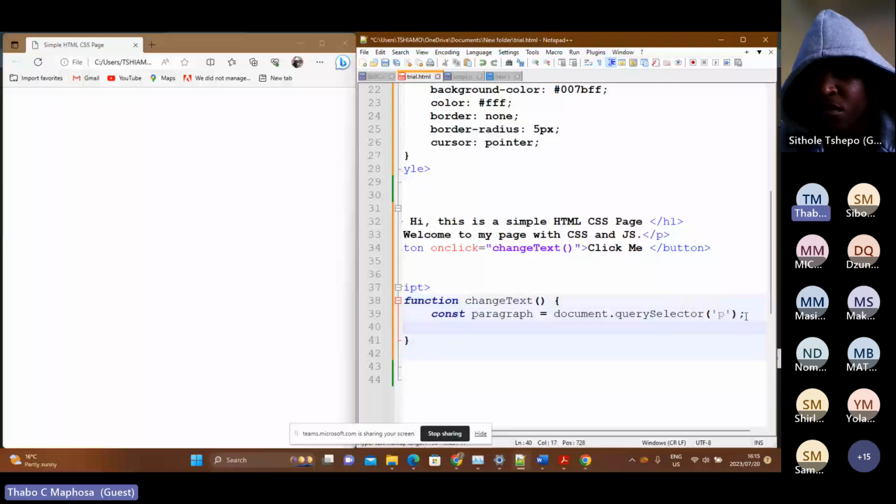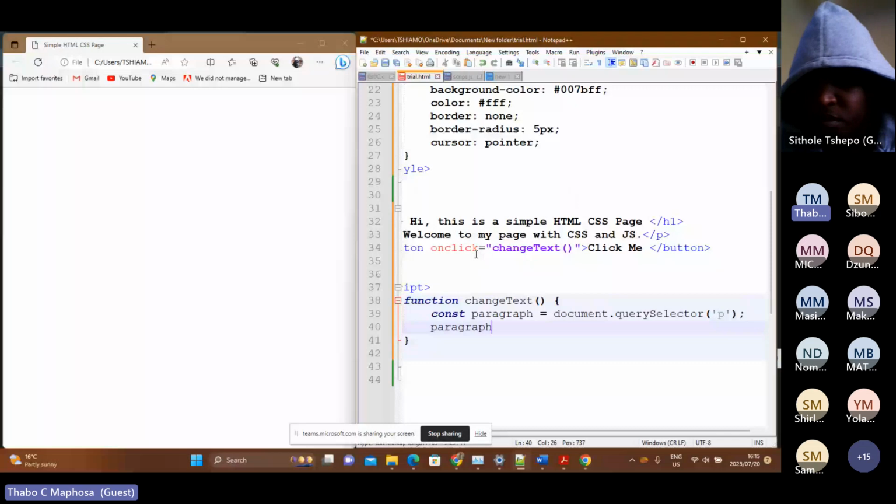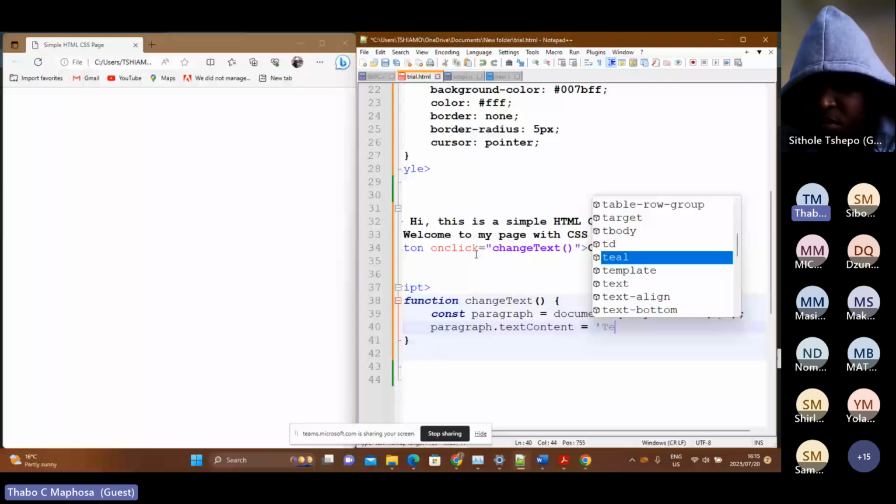So if you press on the button, it's supposed to change the content. So that's what I need to tell it. For the paragraph, I'm simply telling it paragraph dot text content. I'm saying the text content on that particular paragraph should change to something. What is it supposed to change to? Every time the button is clicked, it's supposed to change the text to